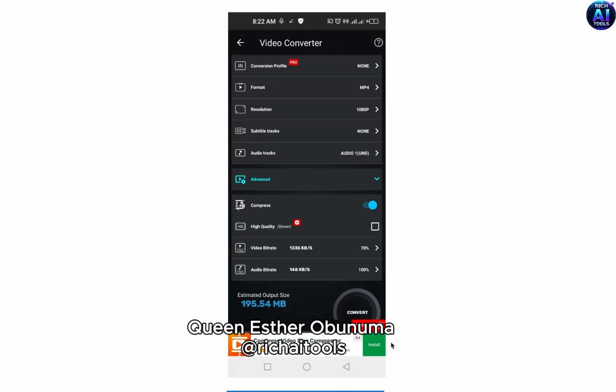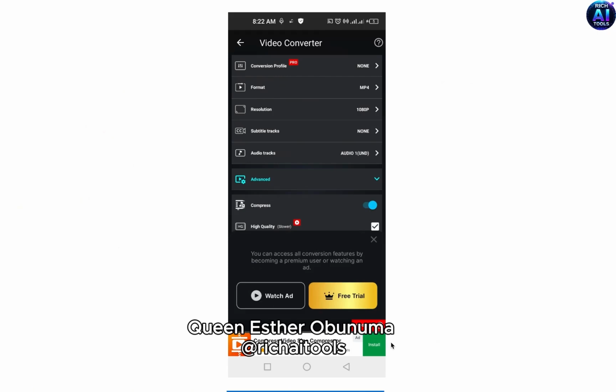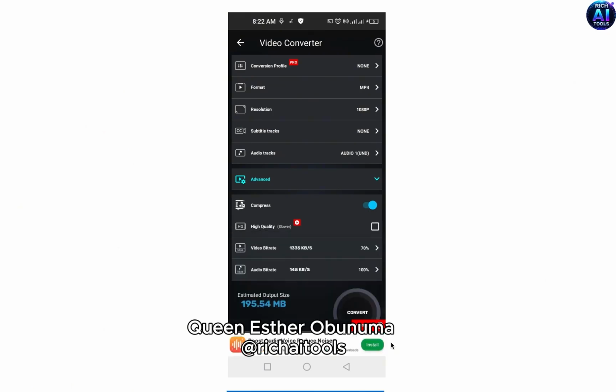195.54 MB. And this is still very large. If you want high quality and you click on this high quality, you can see it's asking that you should upgrade or watch an ad. In this particular video, we're using the free version. So I want you to know the experience just for a start, but you can always upgrade if you want to. But these are part of the limitations you face if you try to get high quality using